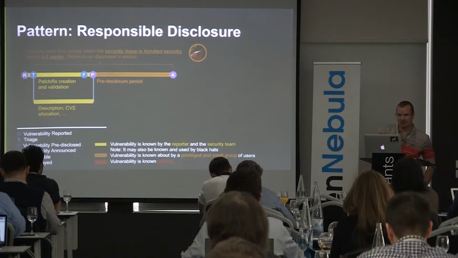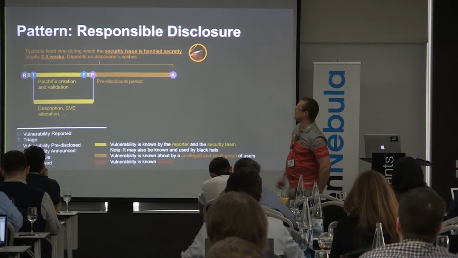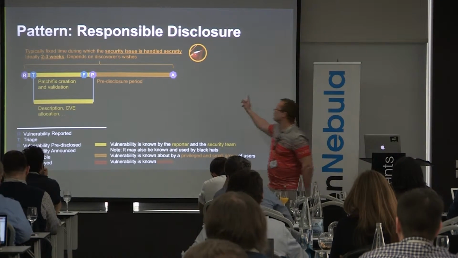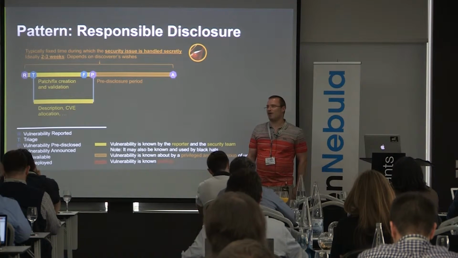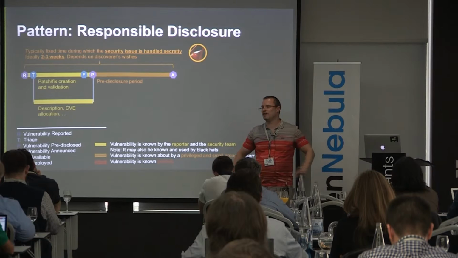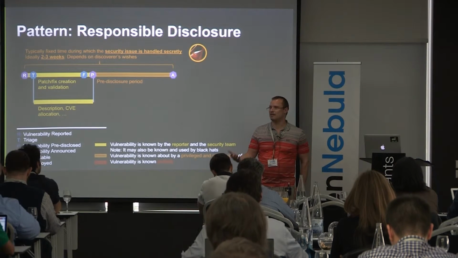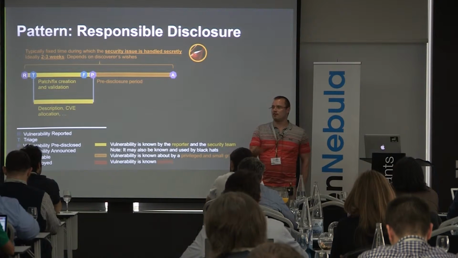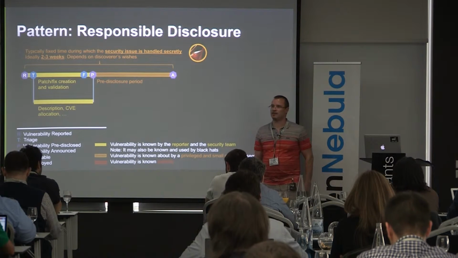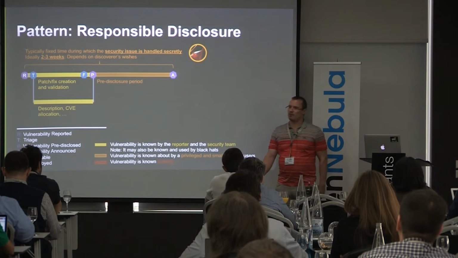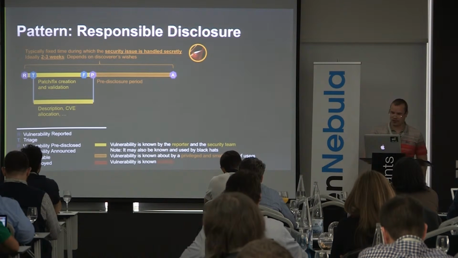and there is an interest. We said it was secretly handled, and ideally, you don't really want this period to be longer than 2 or 3 weeks. Otherwise, you might sit on it for months, and there's lots of examples around there. There was a recent Apple vulnerability where they didn't fix it for 6 months. A lot of proprietary vendors have months where they sit on issues, and it gives the whole responsible disclosure process a bad name, which is why a lot of people don't like that approach.